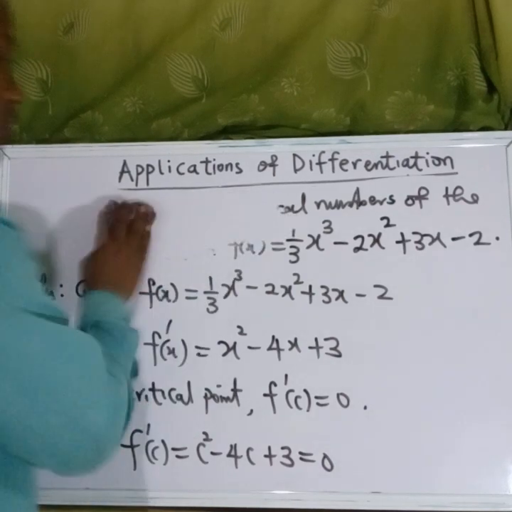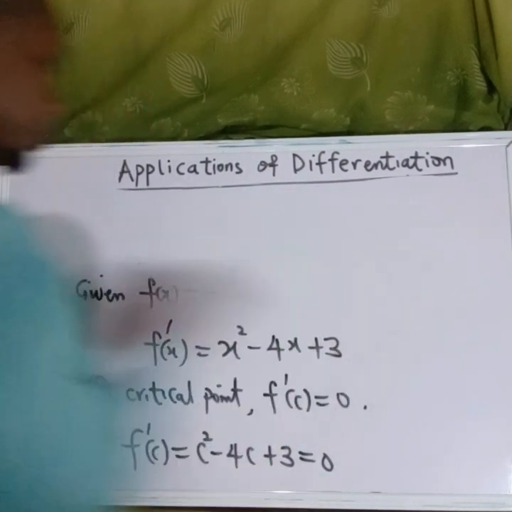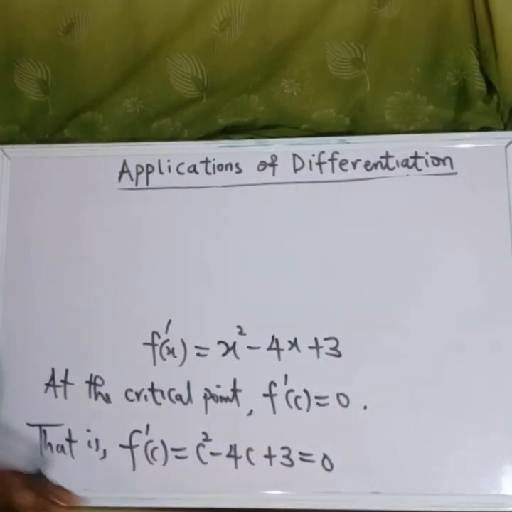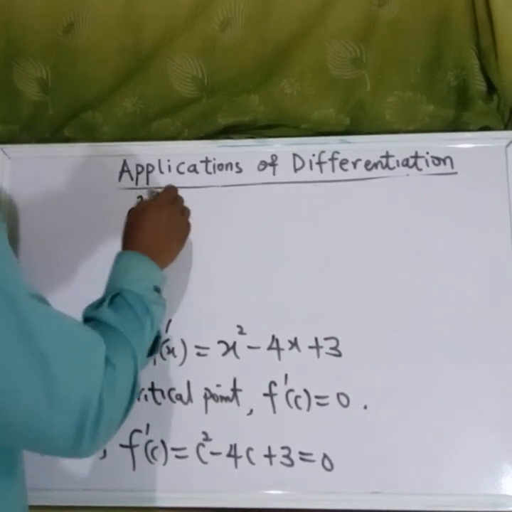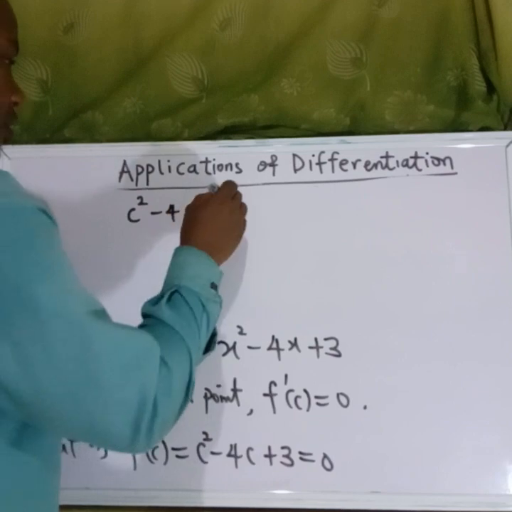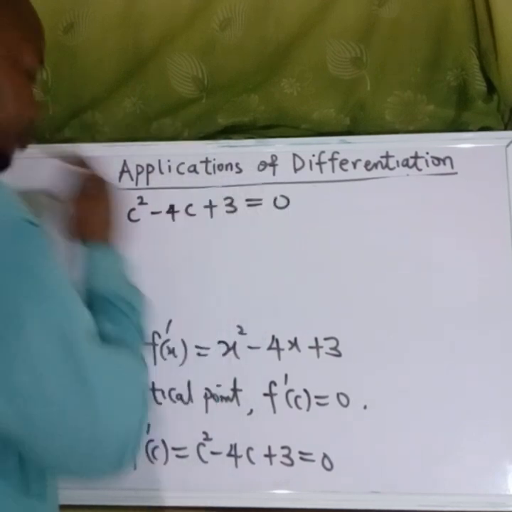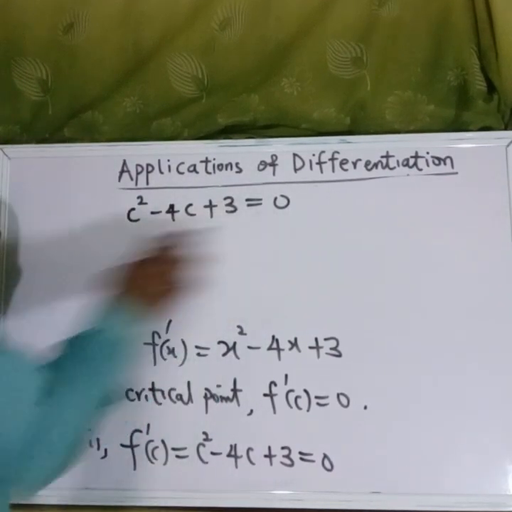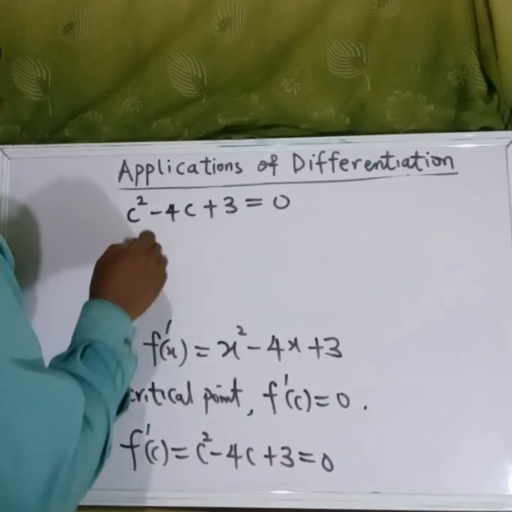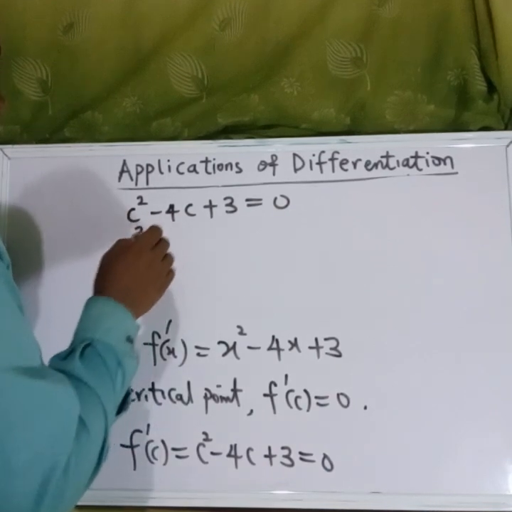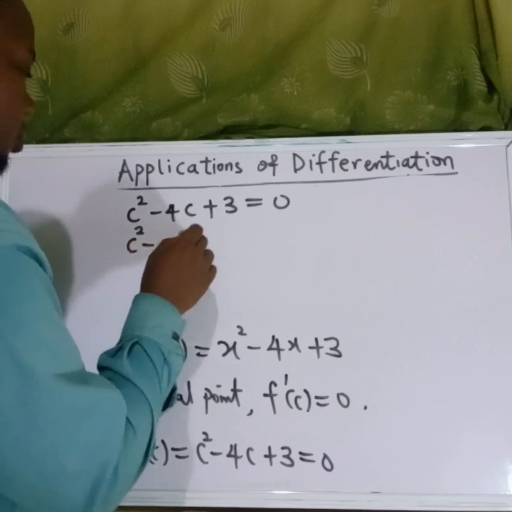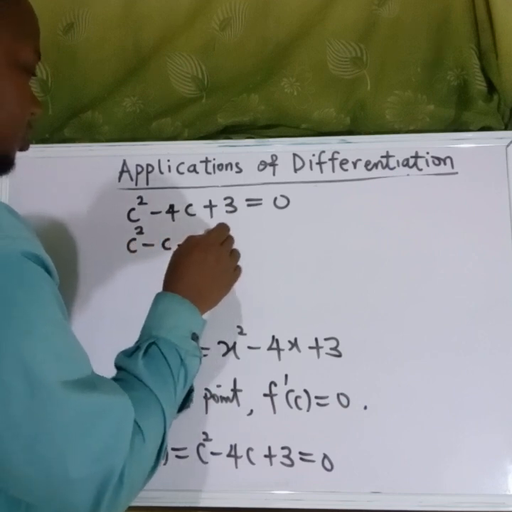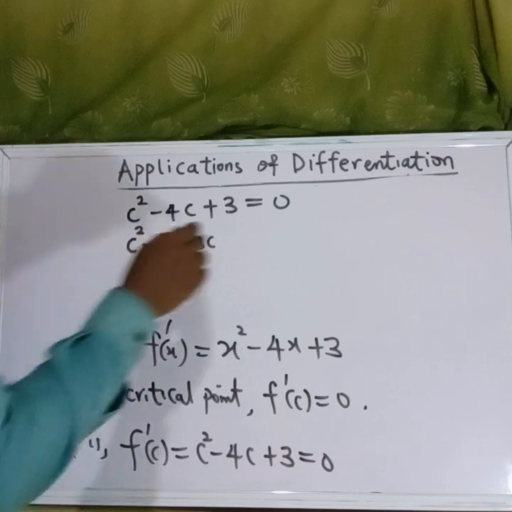So here we have c squared minus 4c plus 3 equals 0. If we use the factorization method, this will be c squared minus c minus 3c plus 3